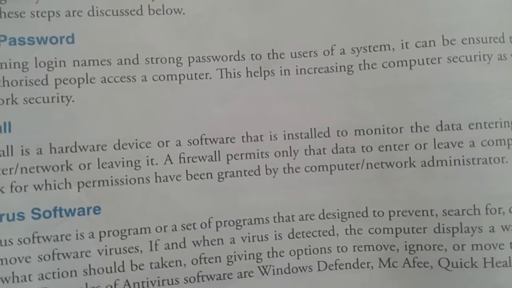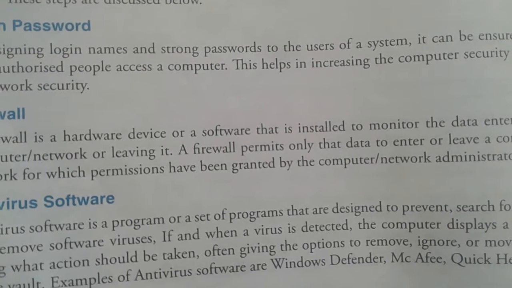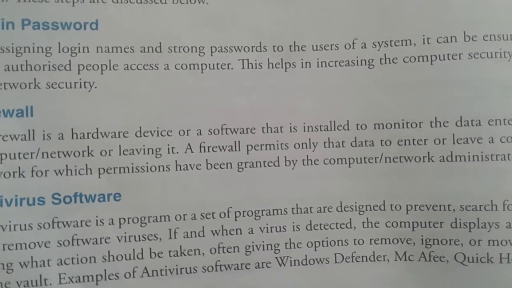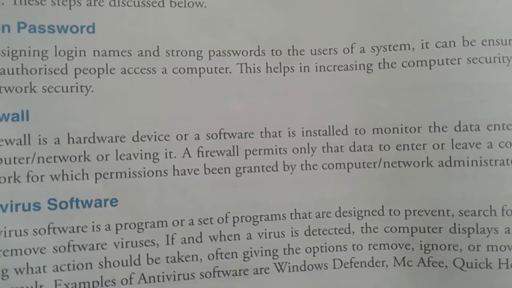Because through the login ID and the password, we know who watched that website and who has done the changes, whatever the